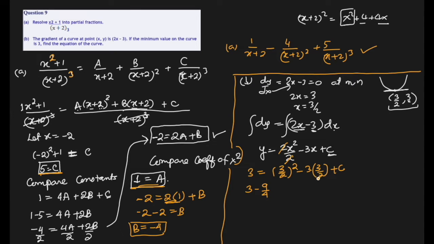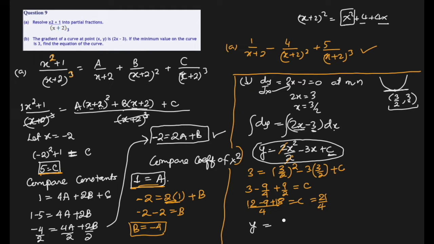This 3 times 3 is 9 over 2, so it will become plus 9 over 2, which is equal to c, and we'll get this now. So if I take 4 as the LCM of these, it will be 12 here, minus 9 and plus 18, equal to c. So 12 minus 9 is 3, 3 plus 18 is 21 over 4. c equals 21 over 4,